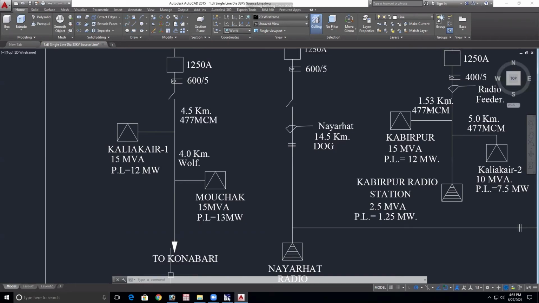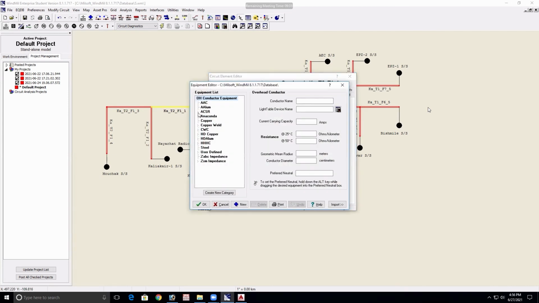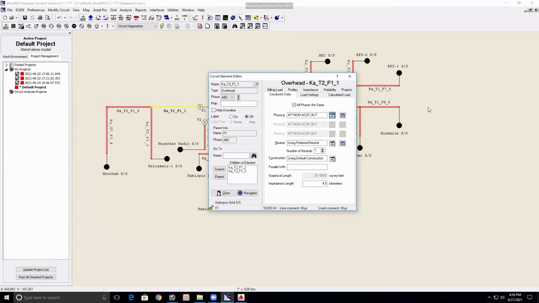Okay, look at this. I am just putting the first section. First section, give the kilometer, 4.5 kilometer. Impedance length, I am giving the kilometer. Then phase A conductor, click here. Then go to the ACSR and click the 477 MCM 26 by 7. Then okay, then close it.